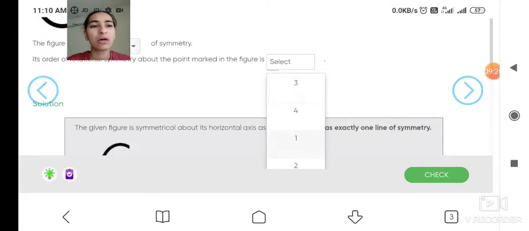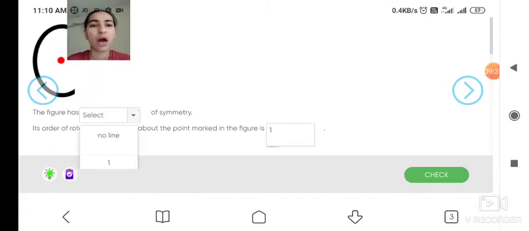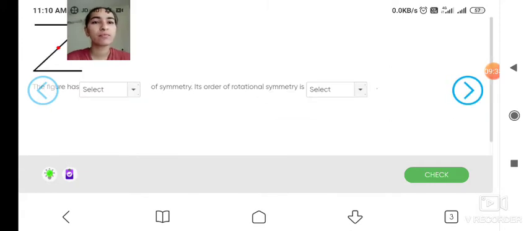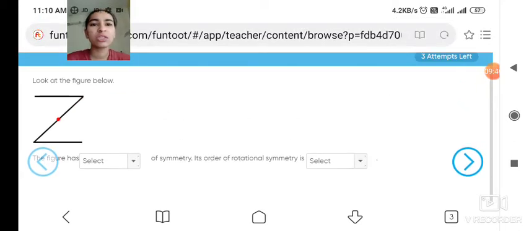Okay, and how many lines of symmetry does it have? Only 1. Okay students, understand this topic? Now see, this is a figure of Z. The figure Z has 1 line of symmetry or 2 lines of symmetry, or it doesn't have a line of symmetry. You have to check, and what will be its order, you have to tell me. This question is for you. Draw the rotational symmetry of that and tell me the answer.